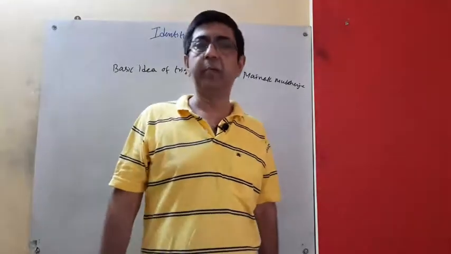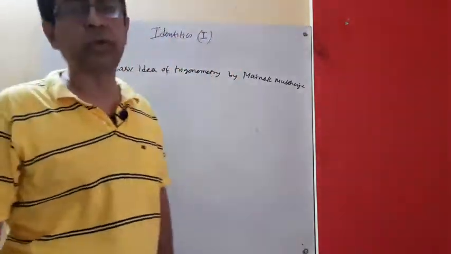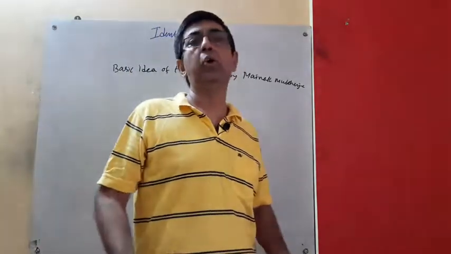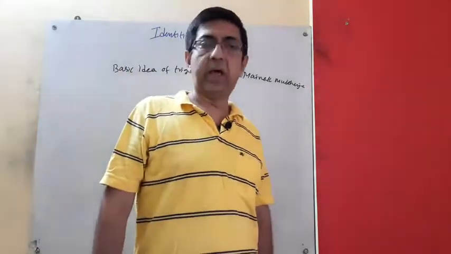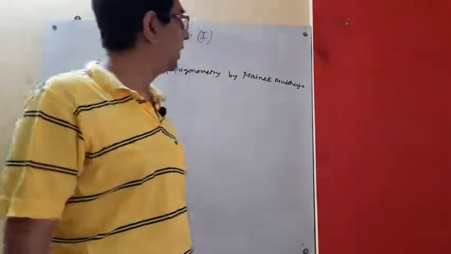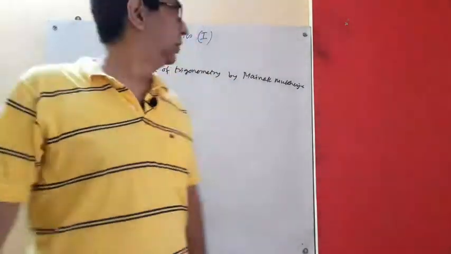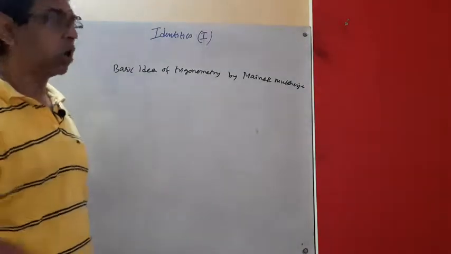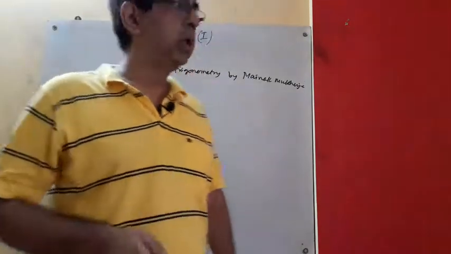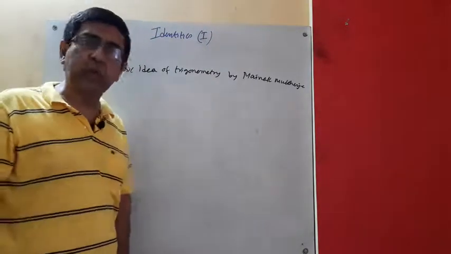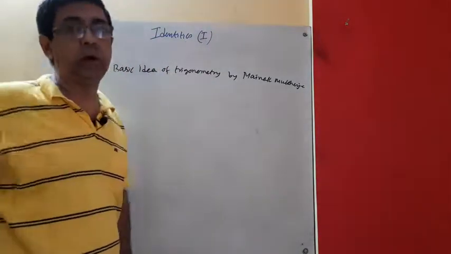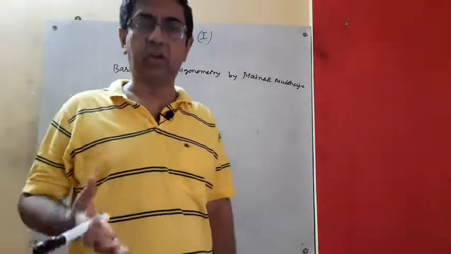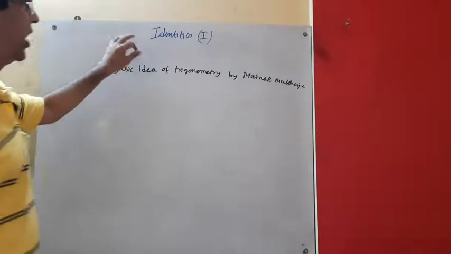That is very important, and some students face different problems because they do not know how to apply the formula. I have already discussed the formula in the previous video. Search for "Basic Idea of Trigonometry" by Moinak Mukherjee, or Moinak sir. At first you should watch that video, otherwise there will be a lot of problems, because if you don't know the basics of trigonometry, you cannot solve identities.